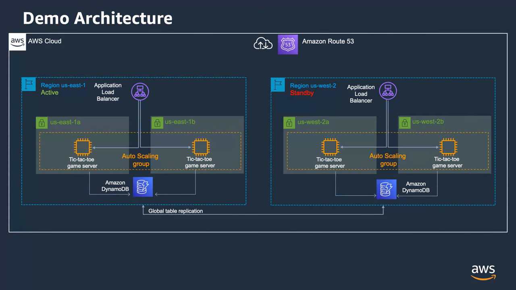So now let's take a look here at a real world example. I know all of you have very important applications out there, and I have a very important application here that's business critical to me. It's a tic-tac-toe application, and it's deployed across 2 different regions in AWS. So in US East 1, I have my active application, and then US West 2 is my standby application.